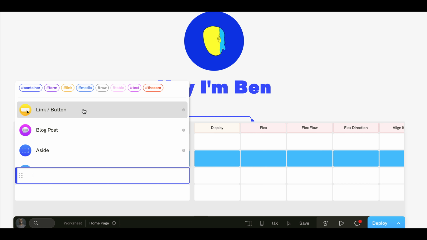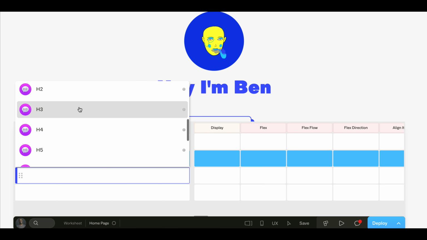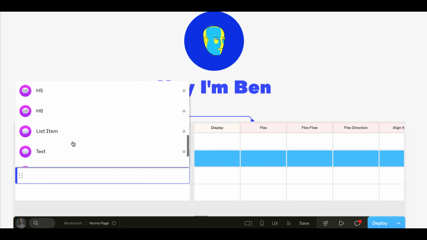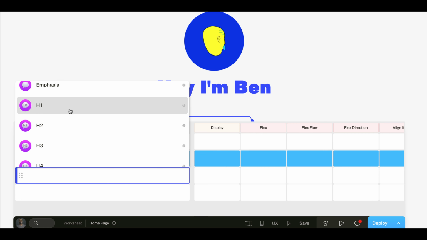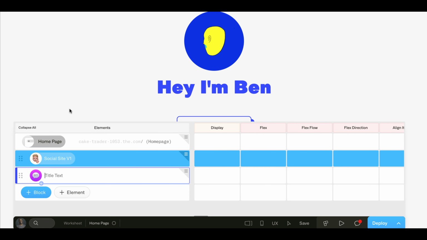And I'm just going to go with text. So I'm going to say text, and as I look at the text, I can use different text from all different types. I'm going to say an H1, which is a header 1, and I'm going to say, hey, I'm a header. I click that right there, and now I'm going to collapse all.